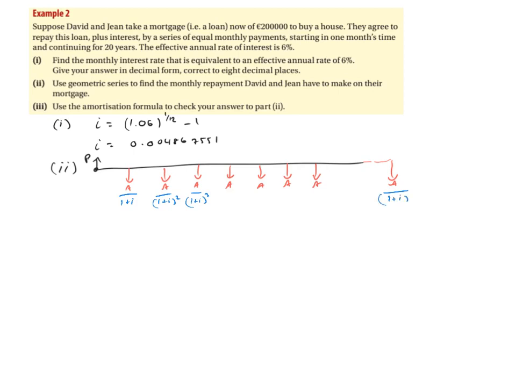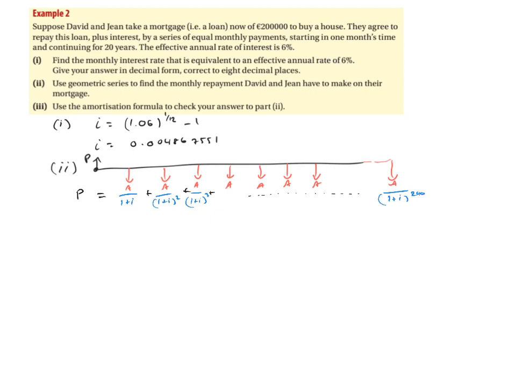For this particular one, as I said, there's going to be 20 years of monthly payments, so that's 20 times the 12 months, which is 240. Okay, so it's going to be 240 payments. So there's going to be a lot of payments to pay off this mortgage. Okay, we are all happy that this P is equal to the sum of all of these payments, i.e. this plus this plus this, and it goes all the way to this,